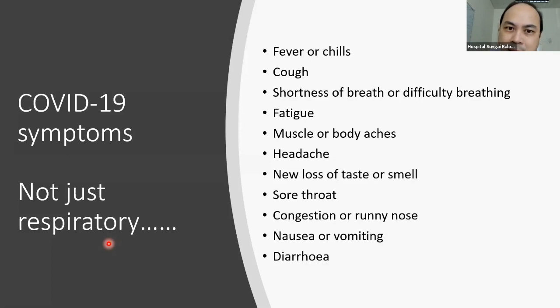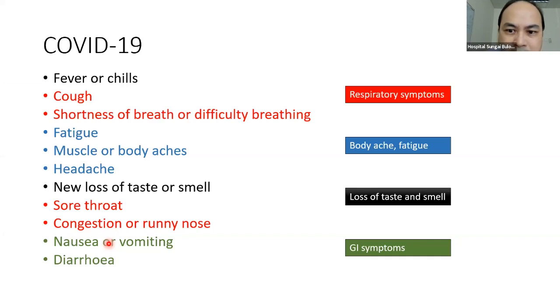All right. So the symptoms can be a respiratory symptom, cough, shortness of breath. It can be a viral symptom, which is fatigue, body aches, headaches. COVID highlighted this symptom of anosmia, loss of taste and loss of smell, ageusia and anosmia. And some of them actually get a diarrheal disease as well. So they can get respiratory symptoms, they can get a viral-like disease, they can have anosmia, or they can get GI symptoms.